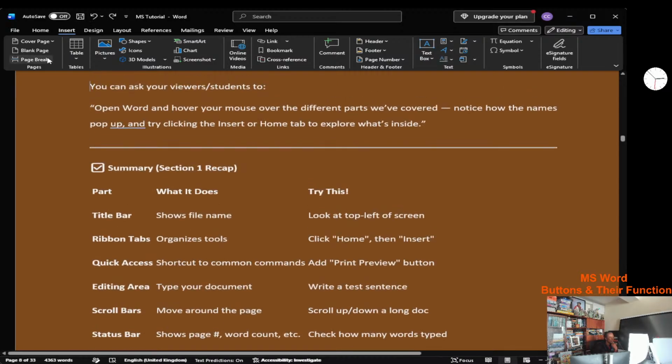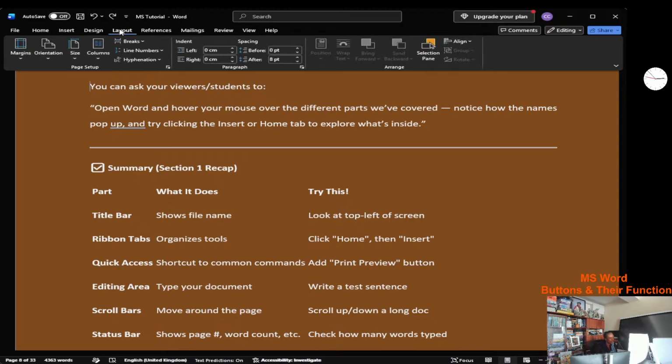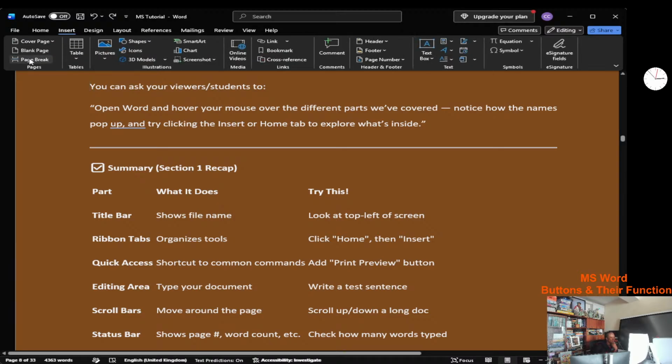So the page break that happens in insert is quite different from the one that you will see in layout. You know, there is a page break here. I want you to look at it. You see the page break. If you are seeing my cursor, you will see the page break. Then when I open the layout, which I'm going to treat after the design, you look here, you see the breaks here. So we still have page breaks here, and you see that it's quite a lot in here than it is with insert. So with insert,